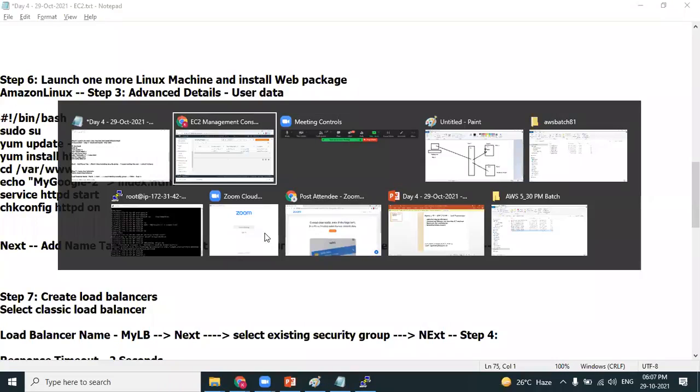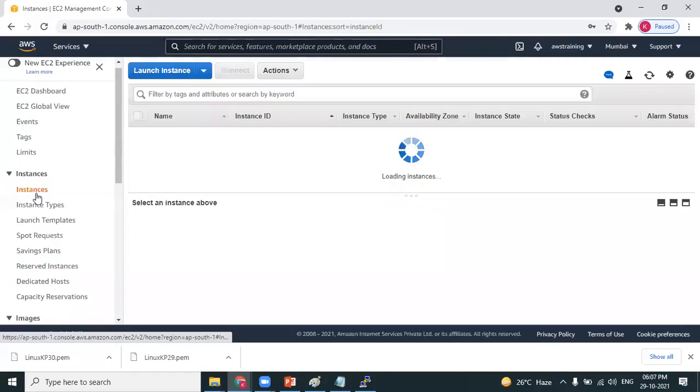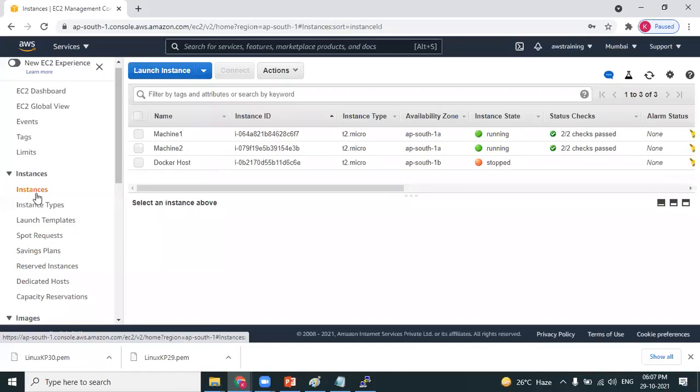Initially, we used the same security group, right? Line SG21. Yes. Then while downloading the key pair, we renamed it. Yes, you can do that. I don't want to maintain the same key pair. You can see here at the bottom, line XKP29.pem is for the first EC2 machine, 30.pem for the second EC2 machine. Now the question is, can we use the same key pair for both the instances? Yes, you can do that. If you want, we can maintain the same key pair for both the instances. Many times we do it.